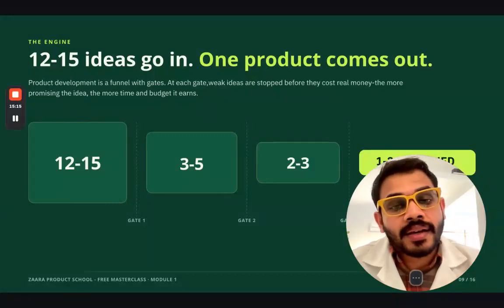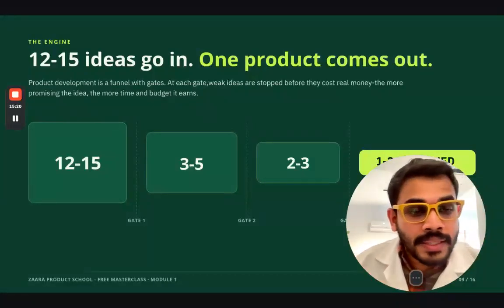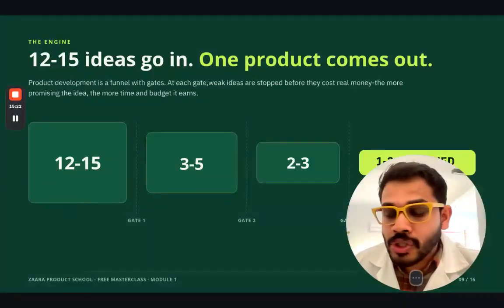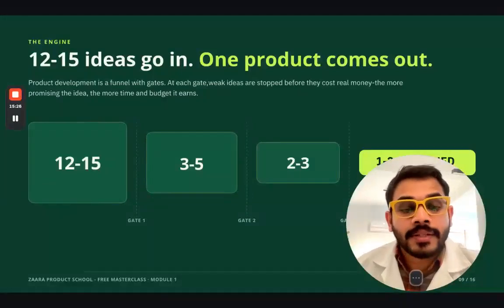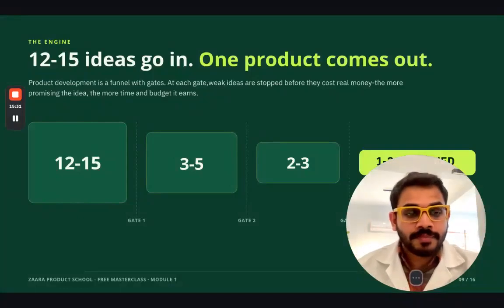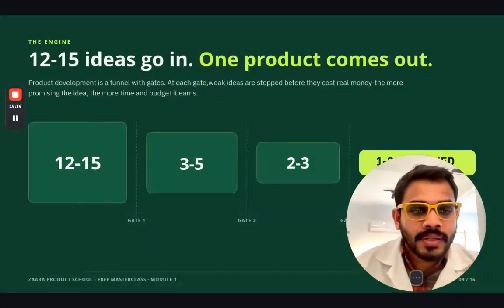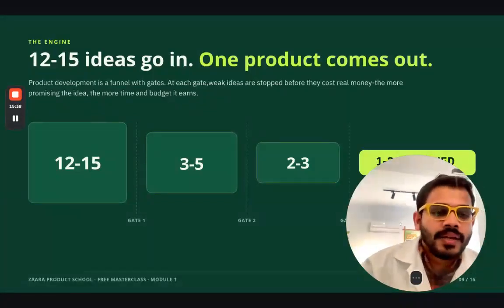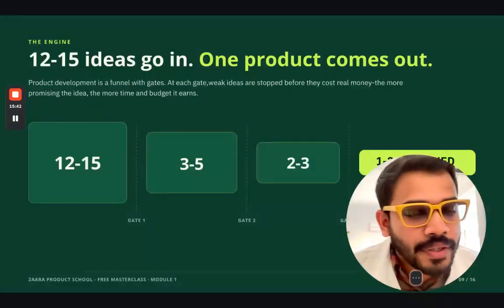If the ingredients are available in the global market, and if your product ingredient is seasonal, is it possible to store it for a long time? Multiple such scale up factors we think about, and any specific machinery required for the manufacturing of such products. We discuss these in the third stage, processing, and then we go for commercialization. In commercialization, the number of products is reduced to 1 to 2, and we go for test